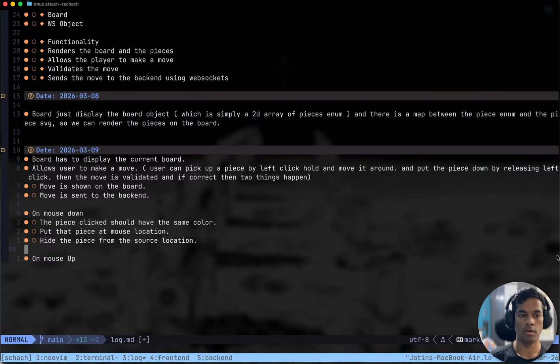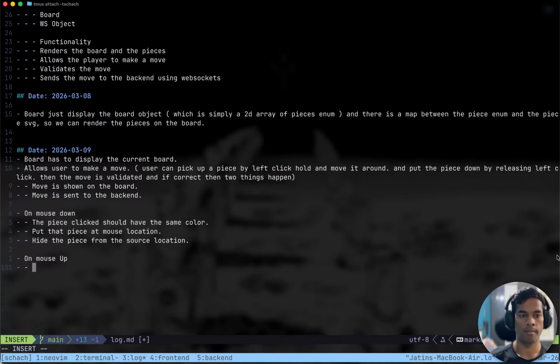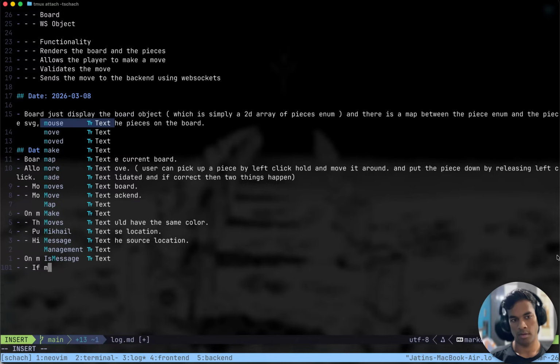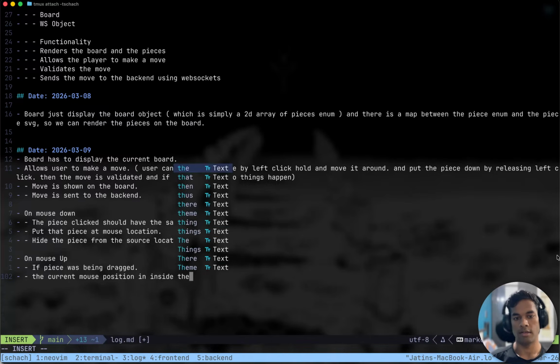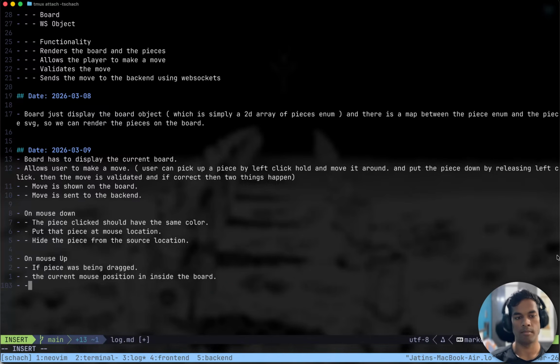On mouse up, if piece was being dragged, this is what we have to check, and current mouse position is inside the board, then get the target square and validate the move.